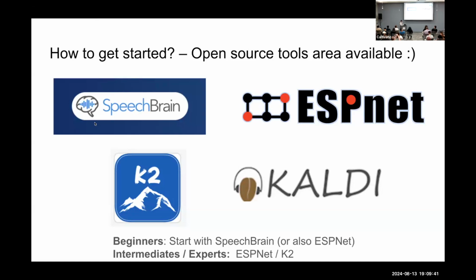You just pip install, and then just train your model, and you can do a lot of things with that. ESPnet is another toolkit which is pretty cool. There are a lot of pre-trained models available in that. And for people in industry who want to make production level models, probably go for a K2 and Kaldi kind of setup.